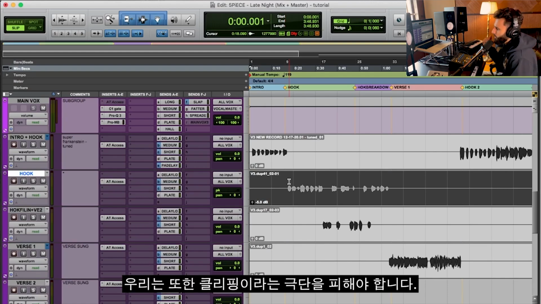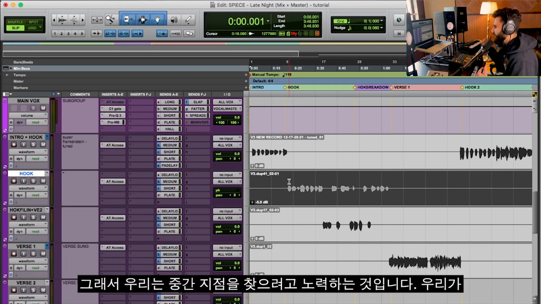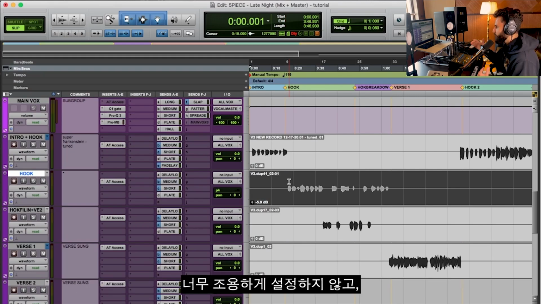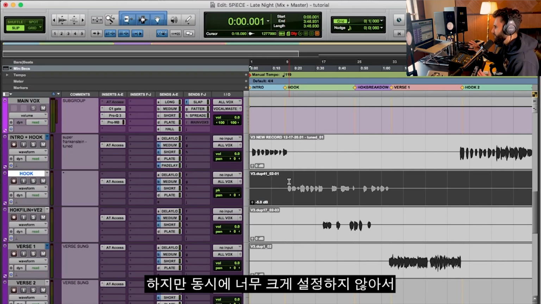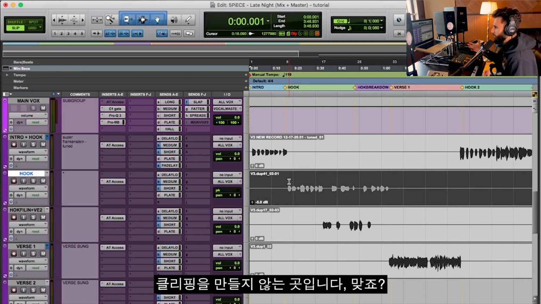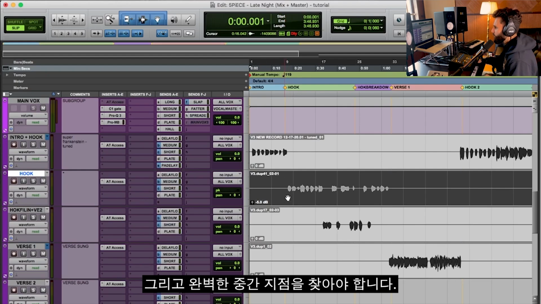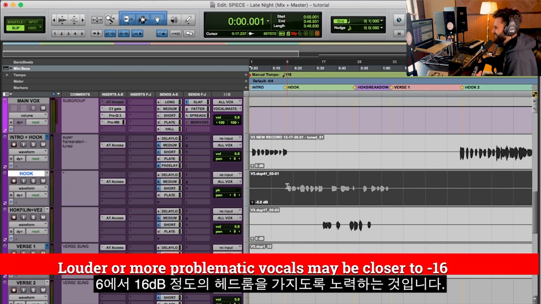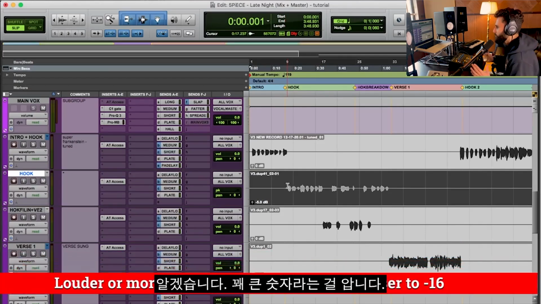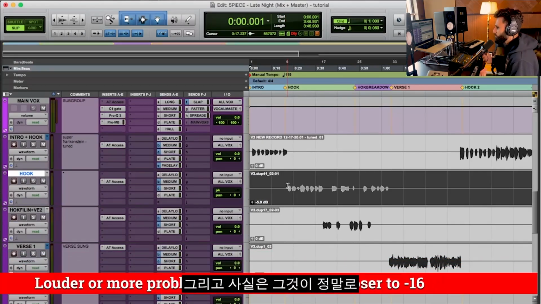But at the same time, we also need to avoid the extreme, which is clipping. So we're trying to find this middle ground where we're not setting things too quietly, where if we turn it up later, we're bringing up the noise floor. But then at the same time, where it's not too loud, and then we're creating this clipping, right? You have to obviously manage these two extremes and find that perfect middle ground. So what I usually suggest is try to have it so that you have anywhere from 6 to 16 dB of headroom, okay? I know that's quite a big number, and the truth is it's really going to depend